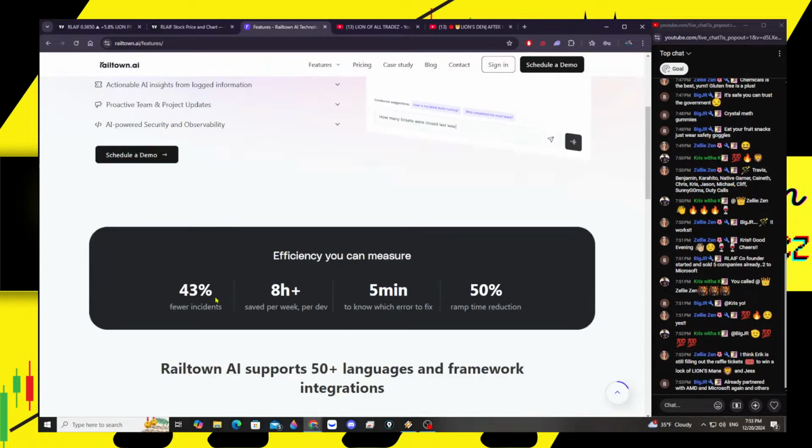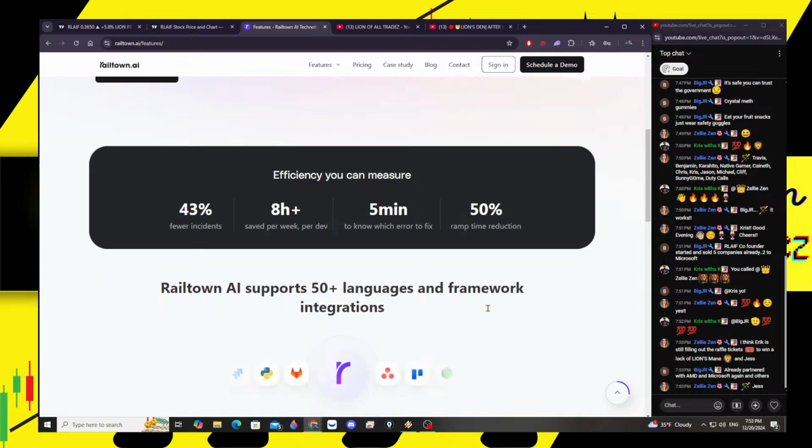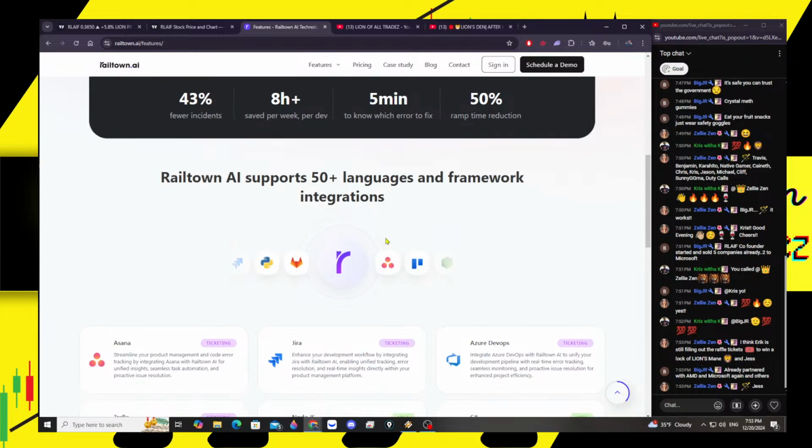Efficiency you can measure: 43% fewer incidents, 8-hour plus saved per week per dev, 5 minutes to know which error to fix, and 50% ramp time reduction. Supports 50 plus languages and framework integrations